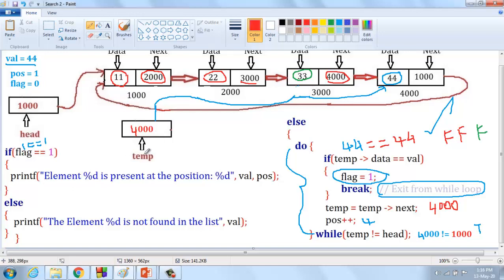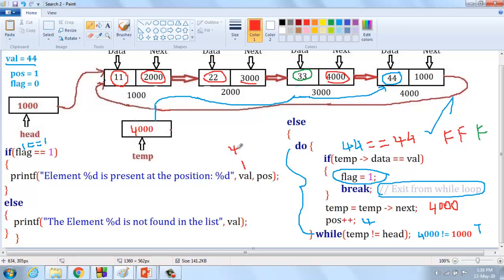Else, printf element %d is present at the position %d. What is this %d? This is value, so value is your search element.